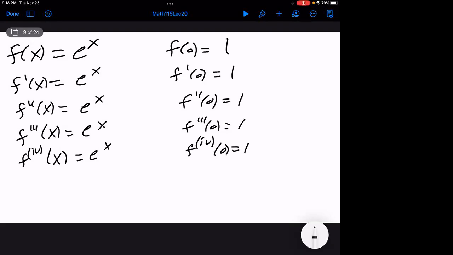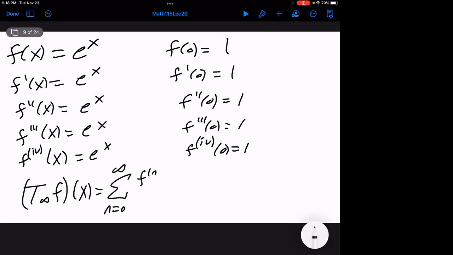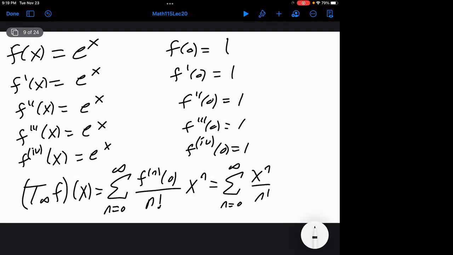It was very technical. So we get that the infinite Taylor series for this function is just the sum, n goes from 0 to infinity, of the nth derivative at 0 over n factorial times x to the n. So it's just the sum, n goes from 0 to infinity, of x to the n over n factorial. This is 1 plus x plus x squared over 2 factorial plus x cubed over 3 factorial plus dot, dot, dot,